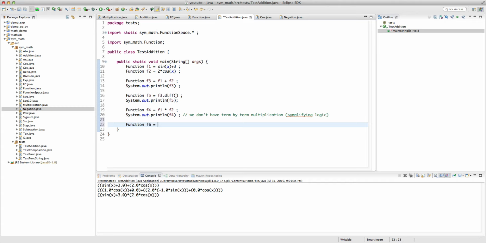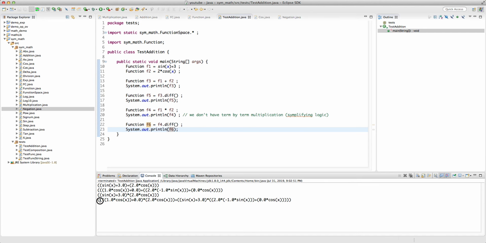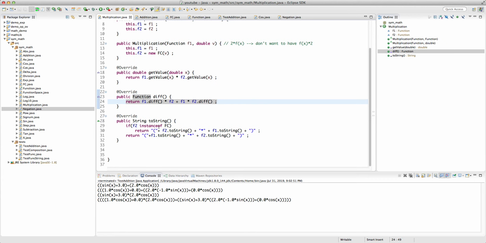Okay, and this was the plus. Function f6 equals f4.diff, and then sysout f6. So this should also work. Yes, but again the string representation isn't very nice because there are so many parentheses. So in the multiplication, I guess another case that we can implement is